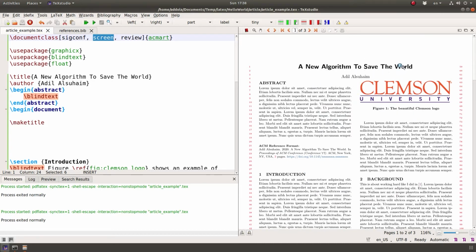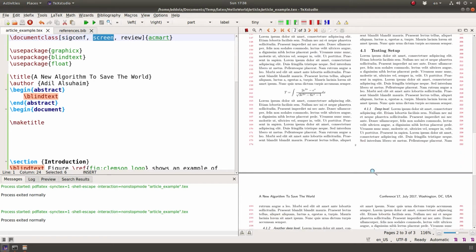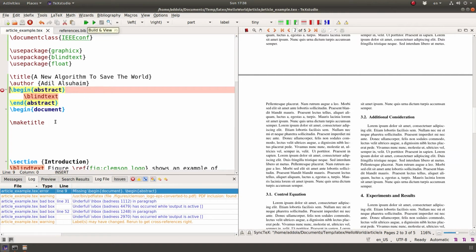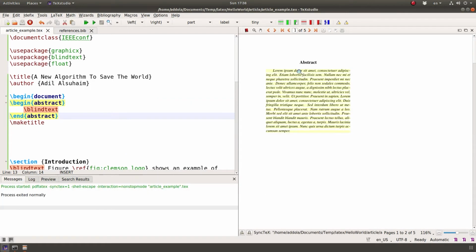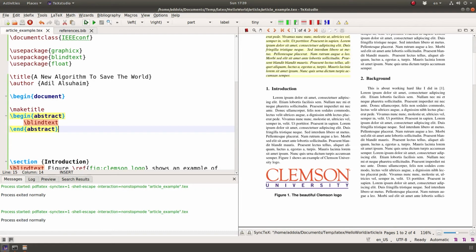As you can see also, things are formatted. This is in bold, the numbering is according to their format, the italics, and a lot of things are done for you where you don't have to worry much about it. So let me try IEEE Conf, which is IEEE Conference. And with that, the abstract with IEEE is in the document like this. I think I put it in the wrong place. Maybe here? Yeah, there you go.